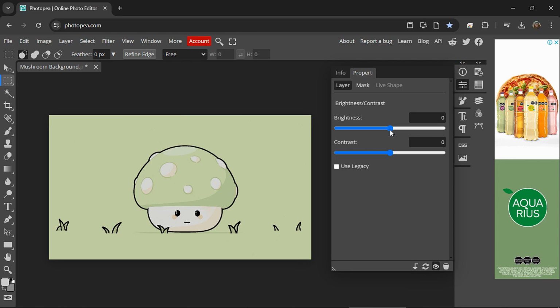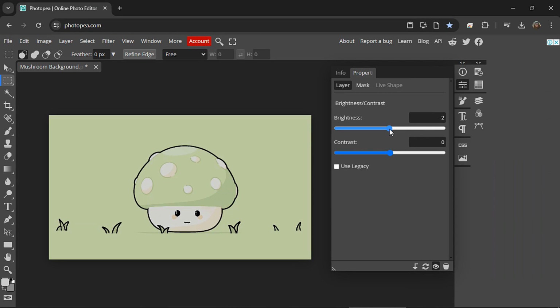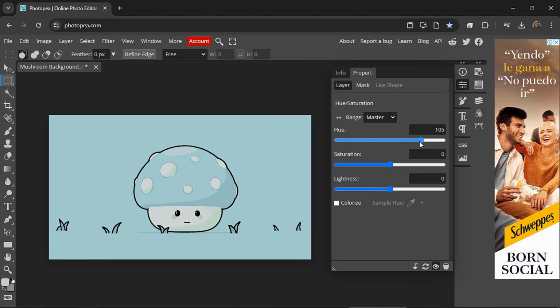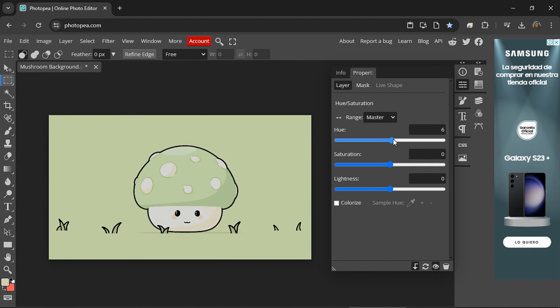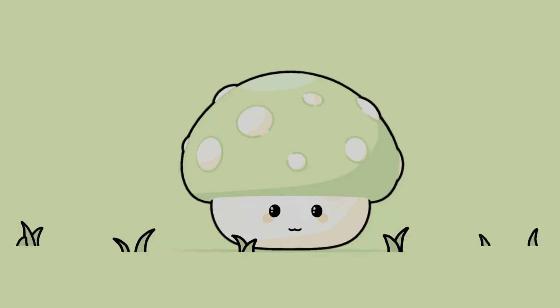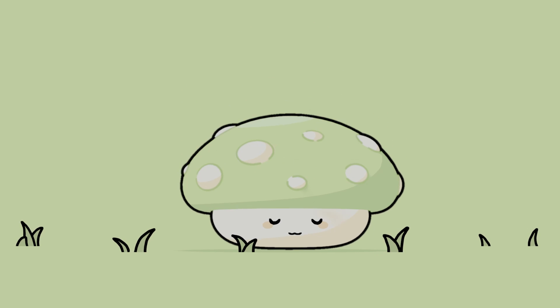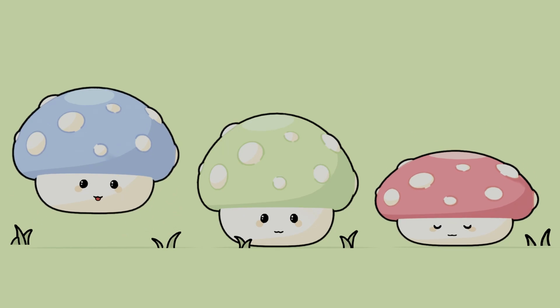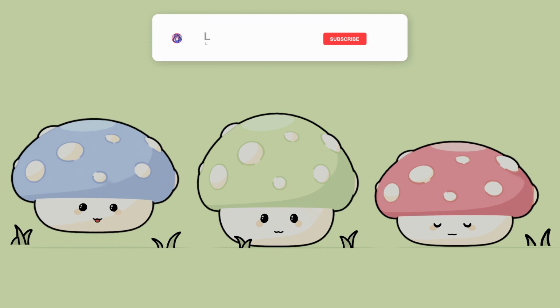Since this is an image editor, you can edit the image, from changing its brightness to changing the color of the whole image or of only one layer, which is the perk of rendering each object separately. And you could also animate this mushroom we made today. But that, my friends, is a subject for another video.